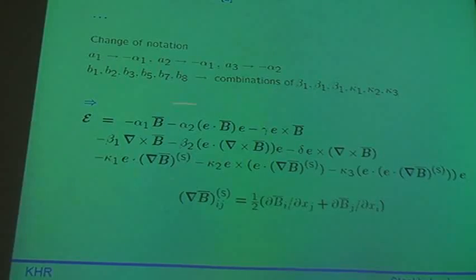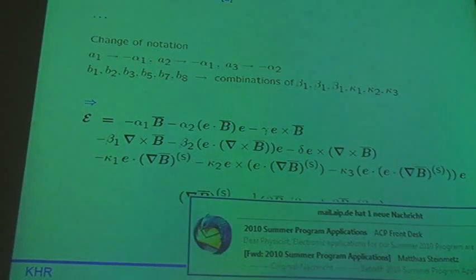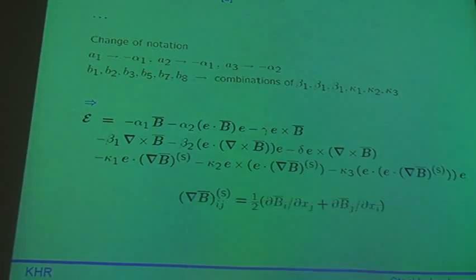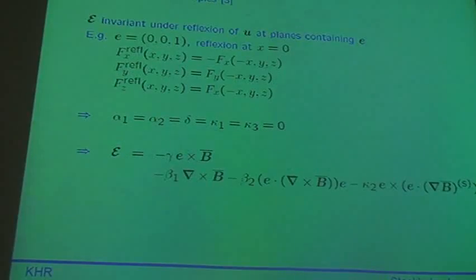This is a consequence for the electromotive force. I have still 9 coefficients. I wrote it in a way that I have the curl of B here, made from the derivatives of B, and the symmetric part of the gradient tensor of B. Yesterday we simplified relations by